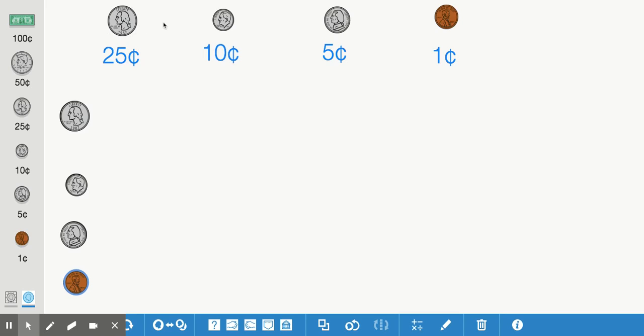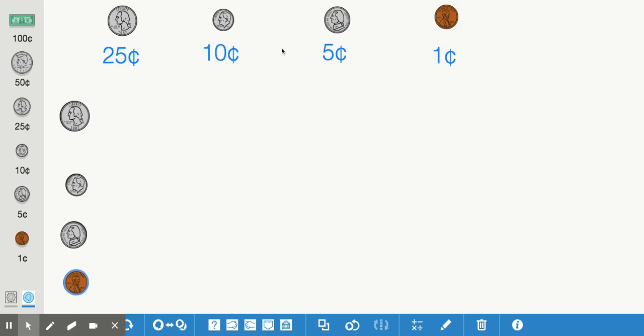We would expect our first graders to be able to identify and name these coins, so that they would know that this is a quarter, dime, nickel, and penny. Or for you to say, show me a dime, show me a nickel, so that they become familiar with these coins. Also, we would want them to know that the quarter is worth 25 cents, the dime 10 cents, the nickel 5 cents, and the penny 1 cent.